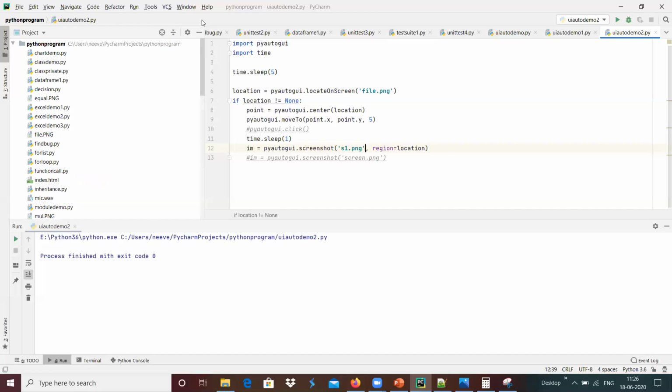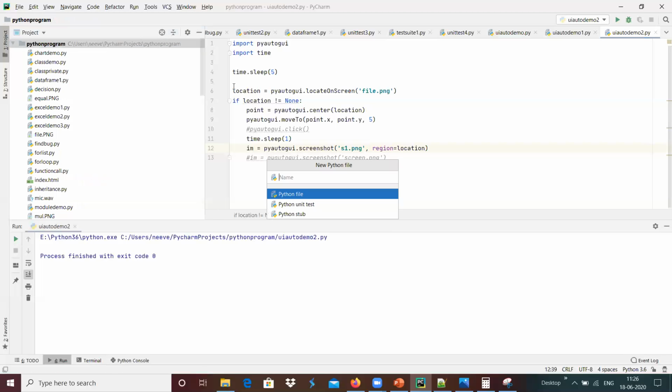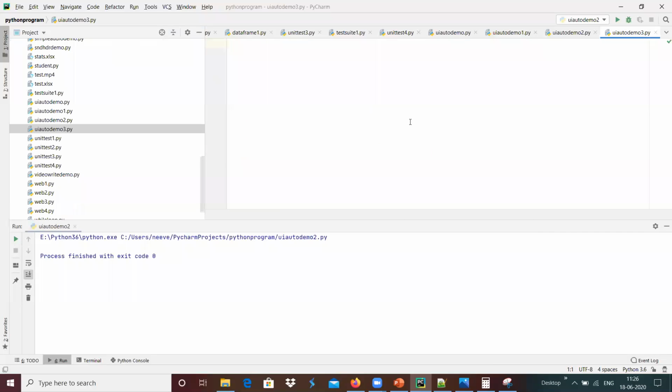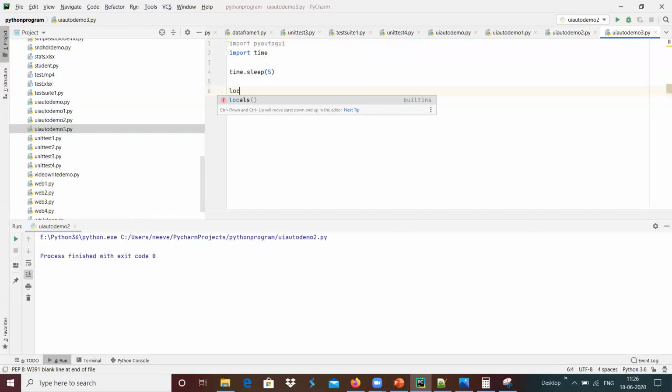Maybe I'm going to create a new Python file, UI test, UI auto demo 3.py over here. I'm going to copy this over here, and I'm going to locate the screen.